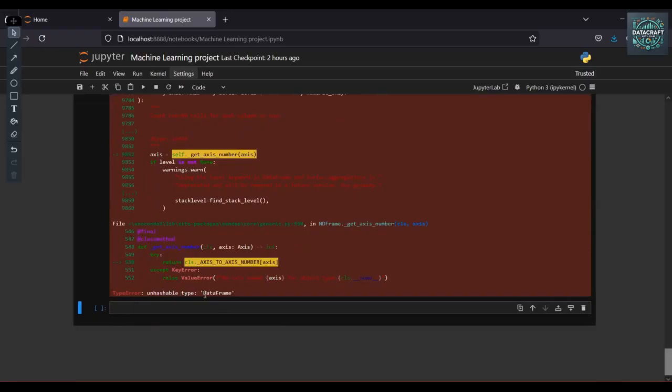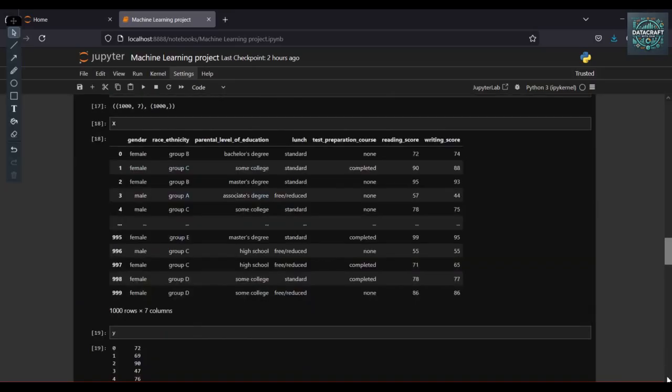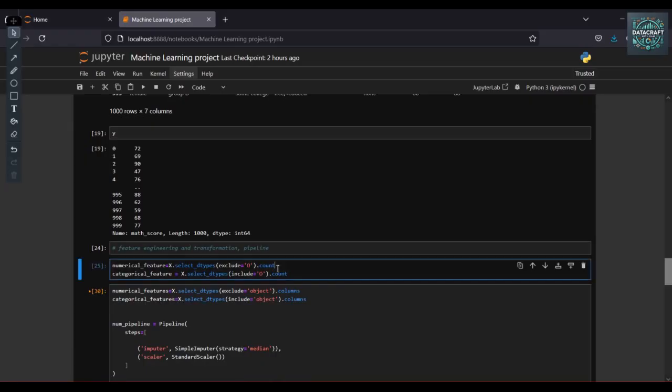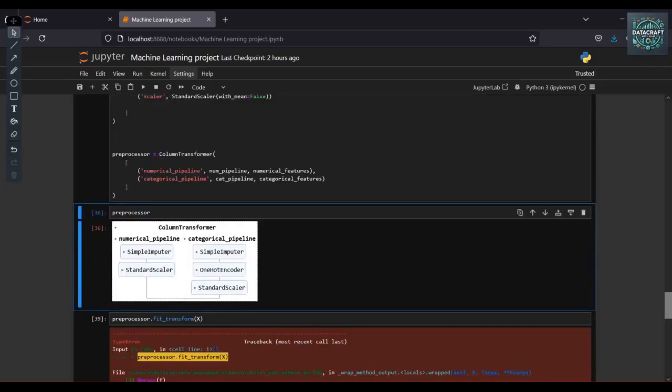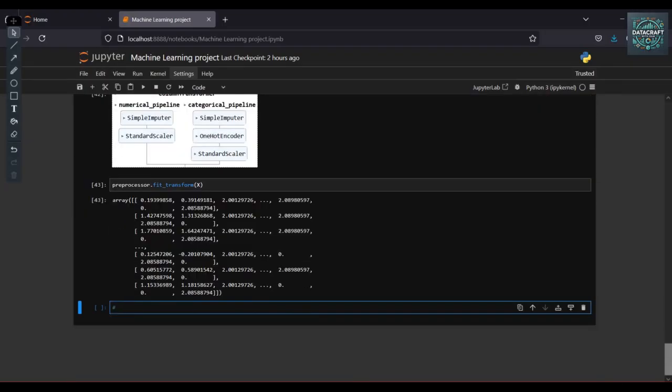Unusable type, data frame. Okay, understood. Here it should be the numerical column.